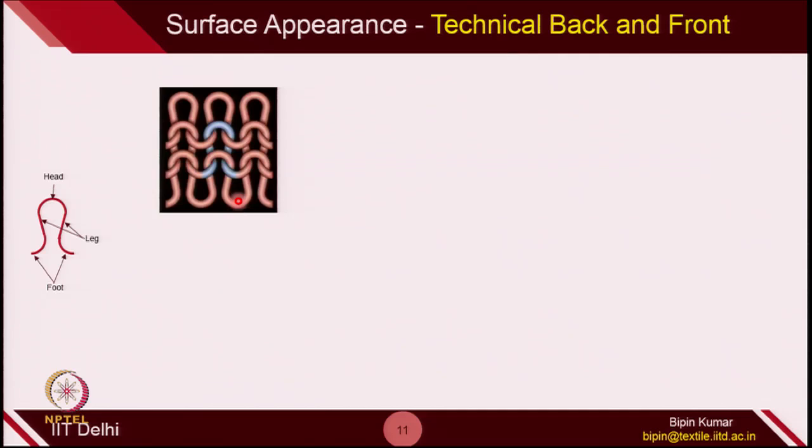Because of this appearance of loops inside a knit structure, the surface appearance of the fabric will be completely different. Let us look at one of the surfaces of the fabric. Imagine you make loops where all the loops are made towards the back side. If you follow the blue one and see the immediately next loop at the bottom side, you can easily find the blue one is being formed towards the back side of the loop.